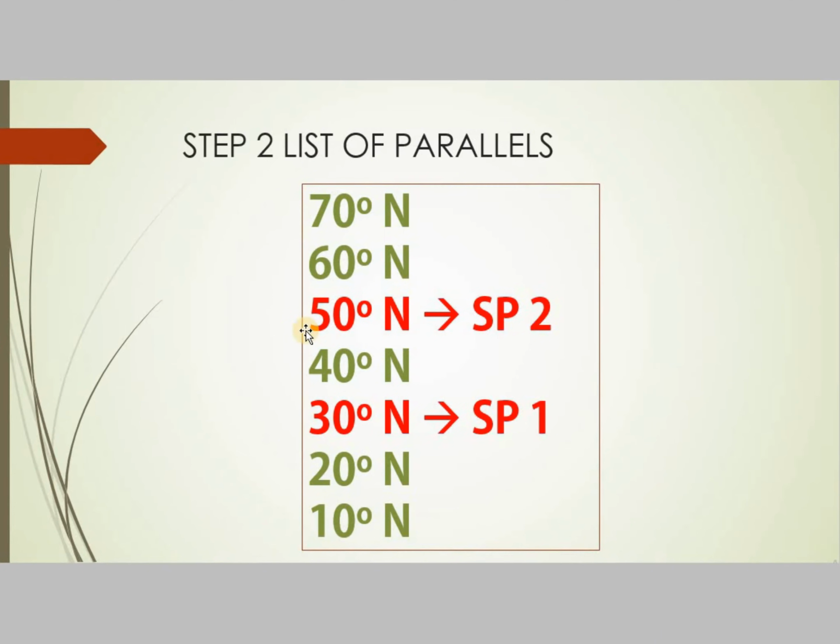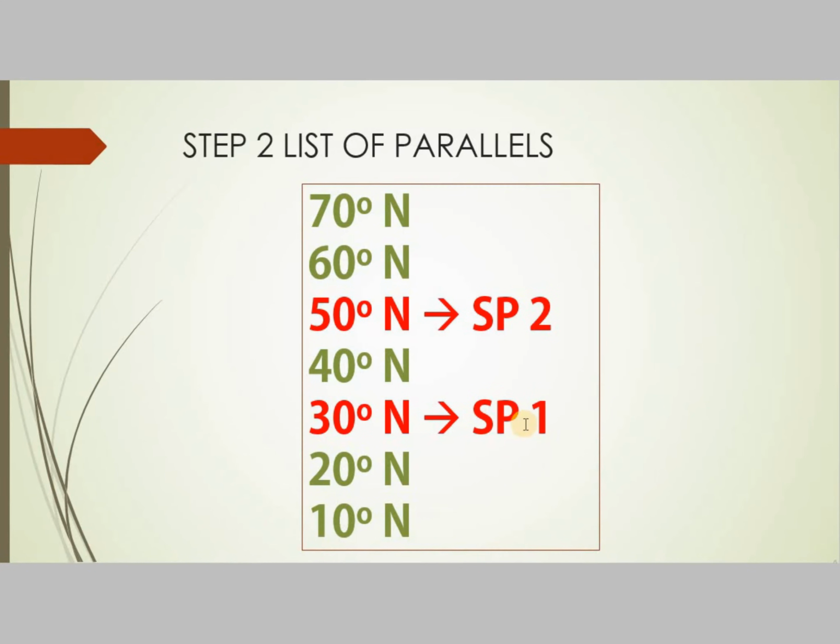Like here we have 7 values. So out of these 7 values we have kept roughly 40%, not exactly 40%, but roughly 40% of the parallels are kept outside. So here I have kept 2 values outside this standard parallel range and then 2 values outside the lower standard parallel, and then in between we have 3 values. So this is the rough division, like 40% on the outer side of both the standard parallels, and then roughly 50 to 60% area lying in between the standard parallels, and then we name the 2 standard parallels as SP1 and SP2.